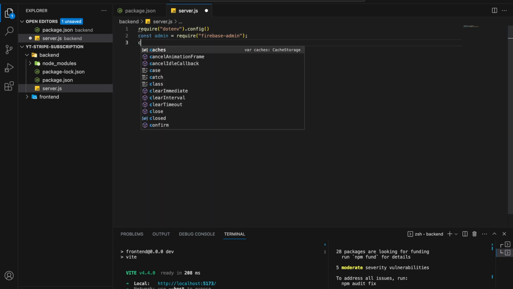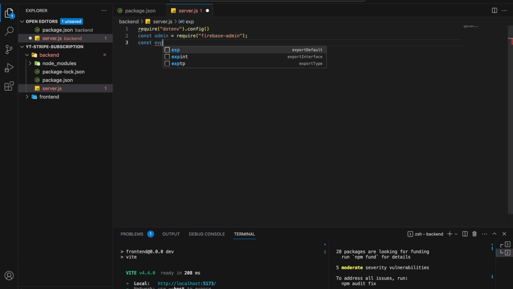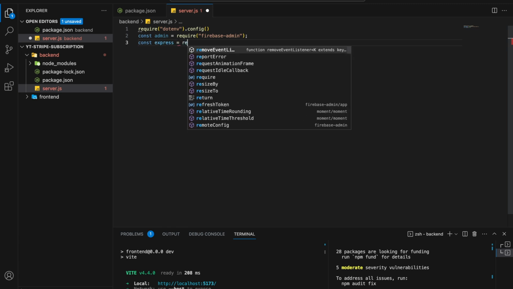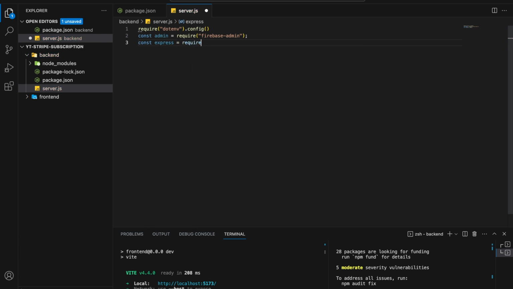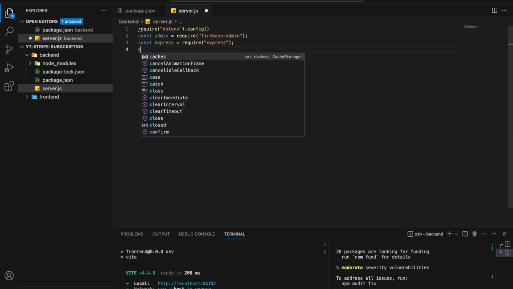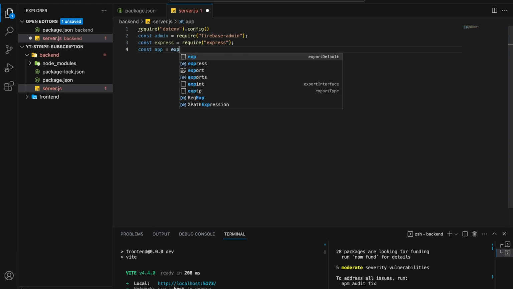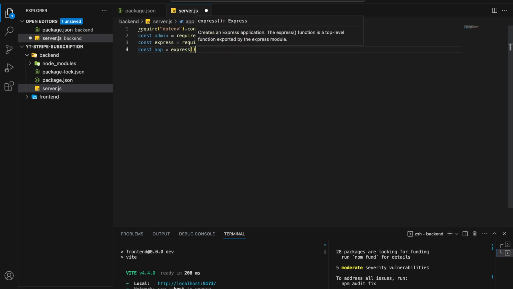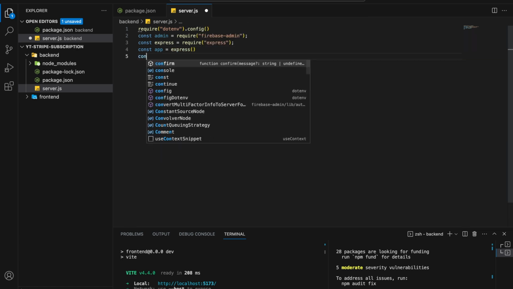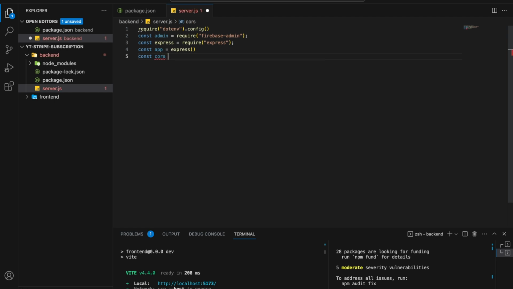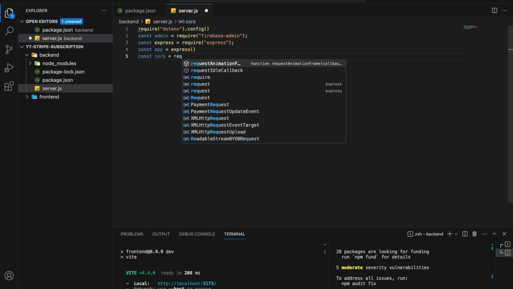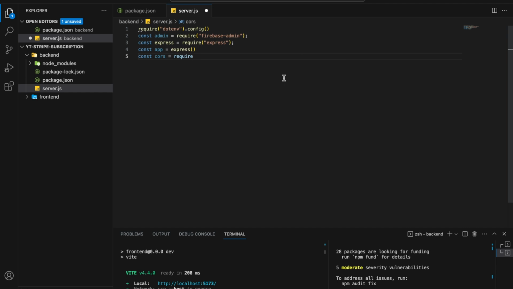Next, we'll require const express. It's going to require express. Next, it will be const app equal to express, then const cors require cors,